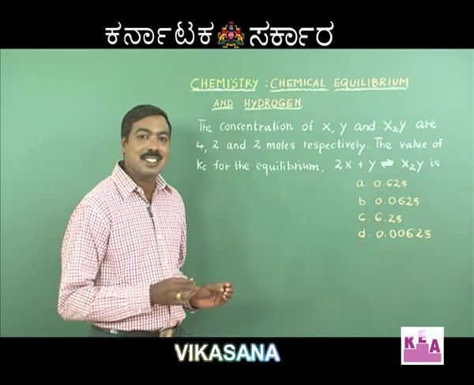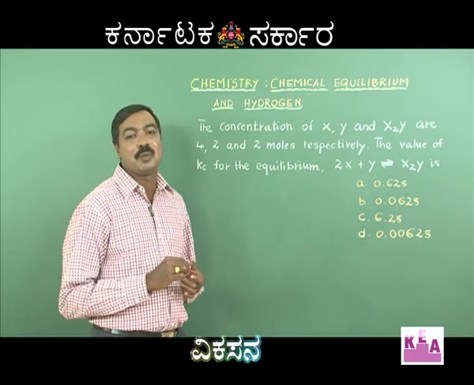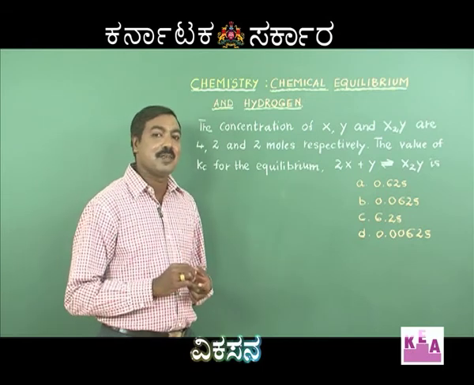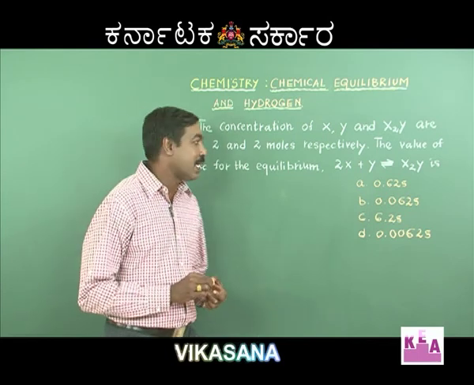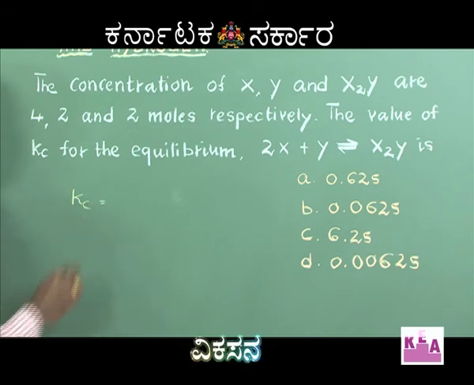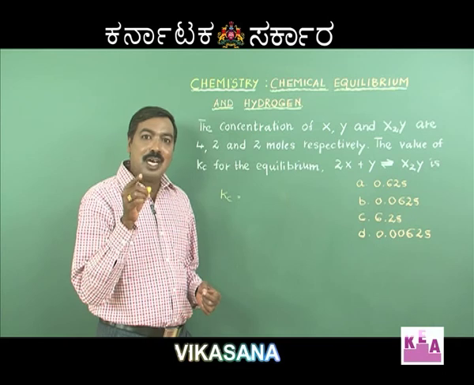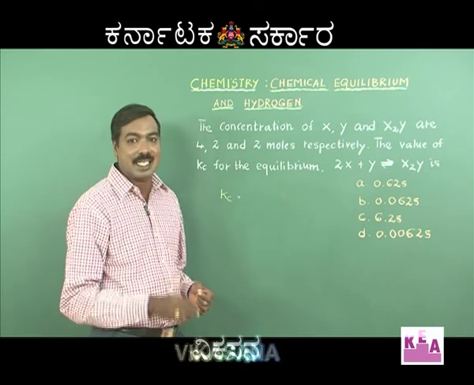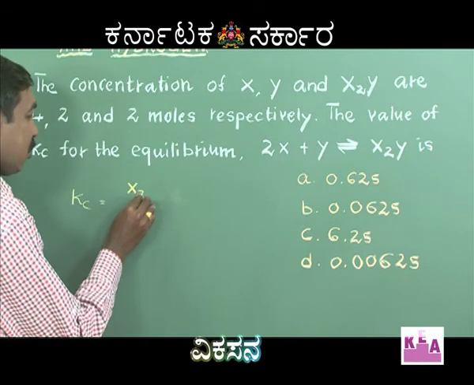All this while we have been discussing what the equilibrium constant is and what the factors are that govern the equilibrium constant. Let us work this numerical. You are aware that to calculate the equilibrium constant, we take it up like this. I write Kc, that is equilibrium constant. It is the product of the molar concentration of the products to the product of the molar concentration of the reactants, meaning it is the ratio of the product of the molar